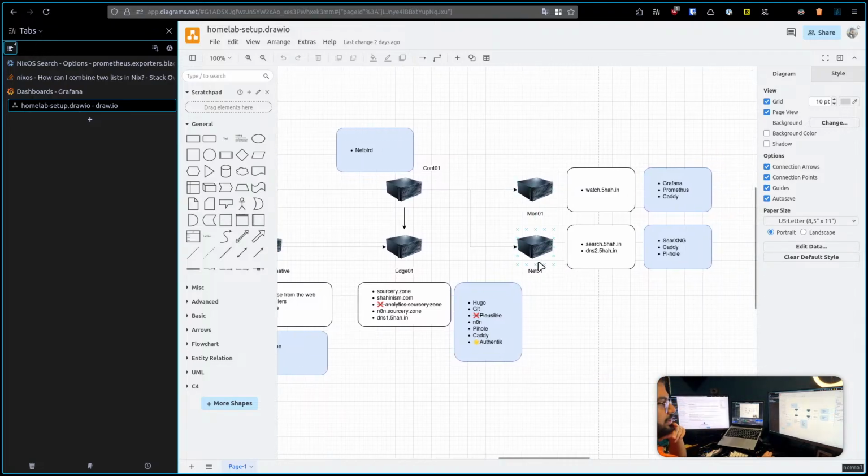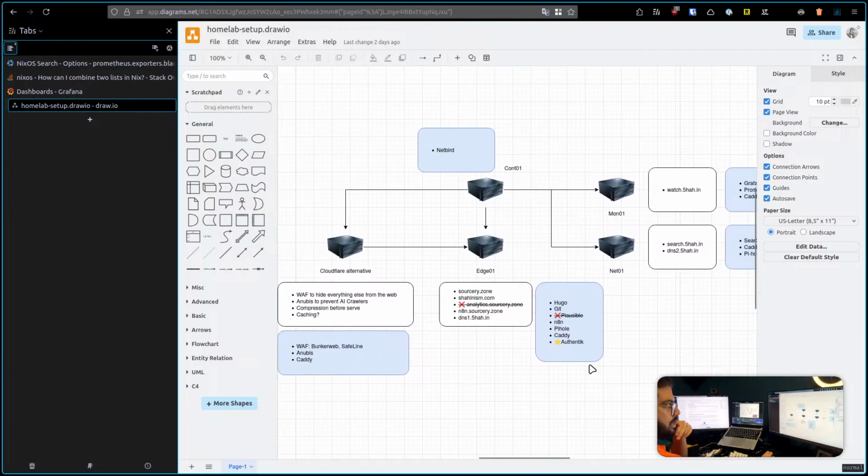These two on the right we have already configured. cont01 is what I'm thinking about to use as a replacement for Tailscale. So this is long term. I'm going to get back to this.